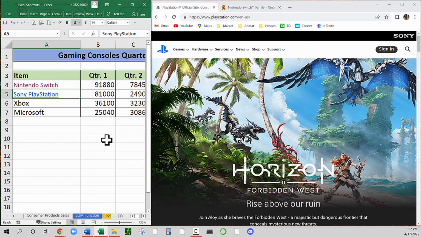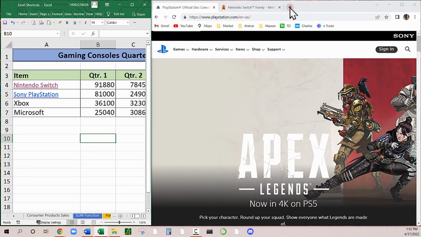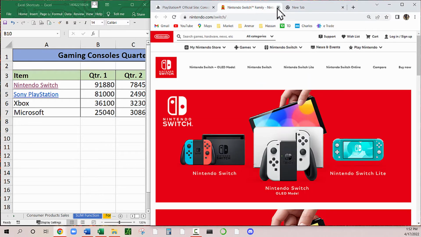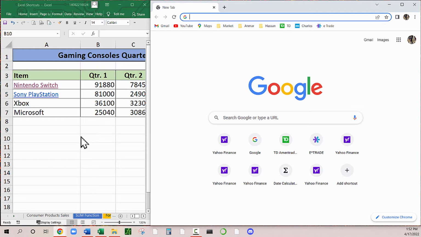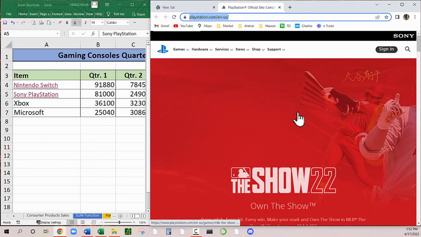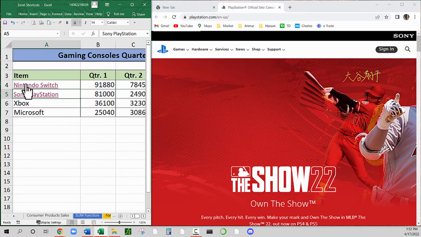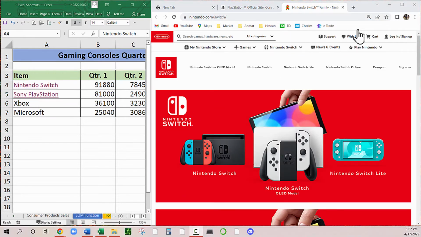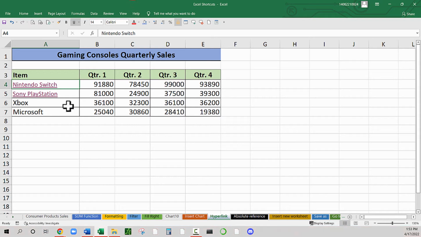Now I'm gonna just open Google, close this one, close, and I have only one page open. And if I click on Sony, the Sony page pops up. I click on Nintendo Switch. This is Nintendo. Now I'm gonna minimize this one, maximize this again, and in this cell here, Microsoft, I'm gonna